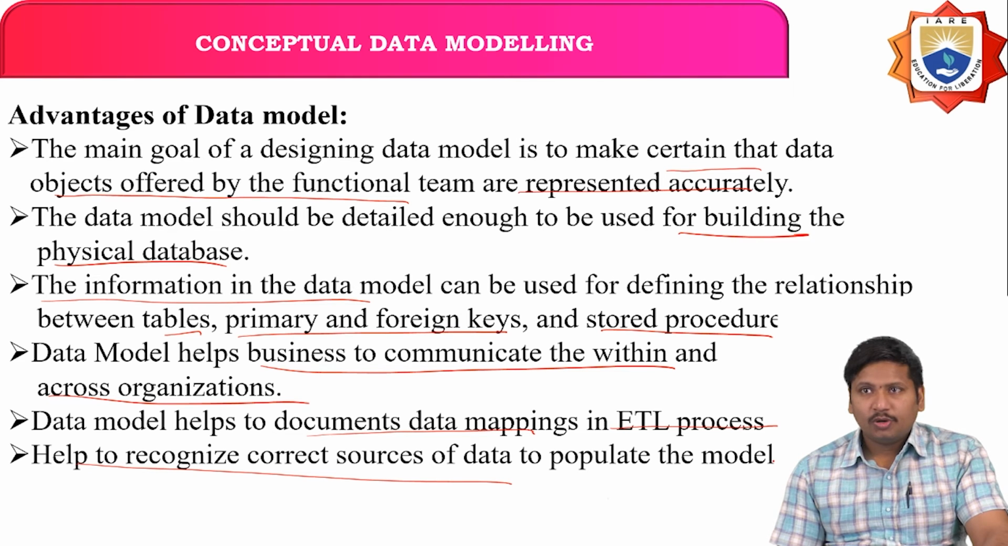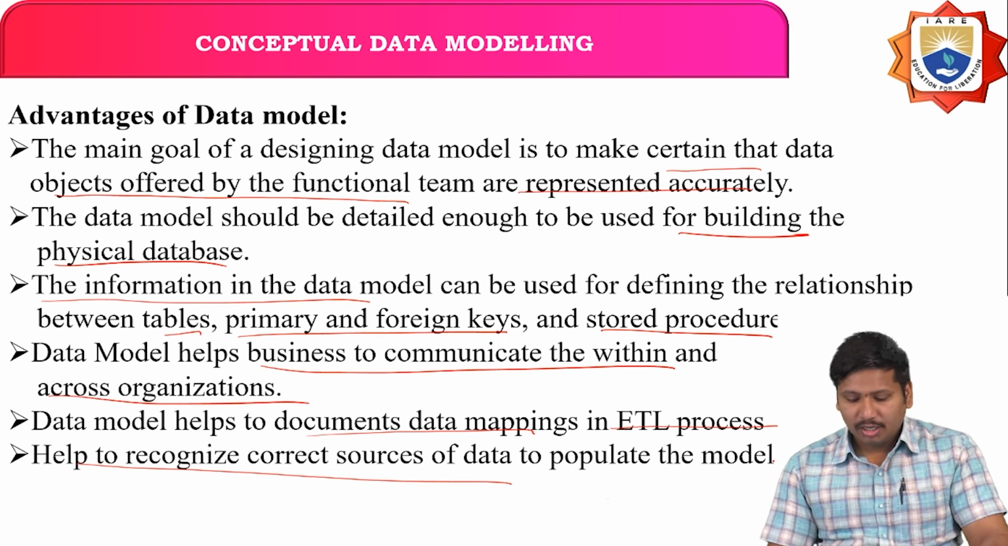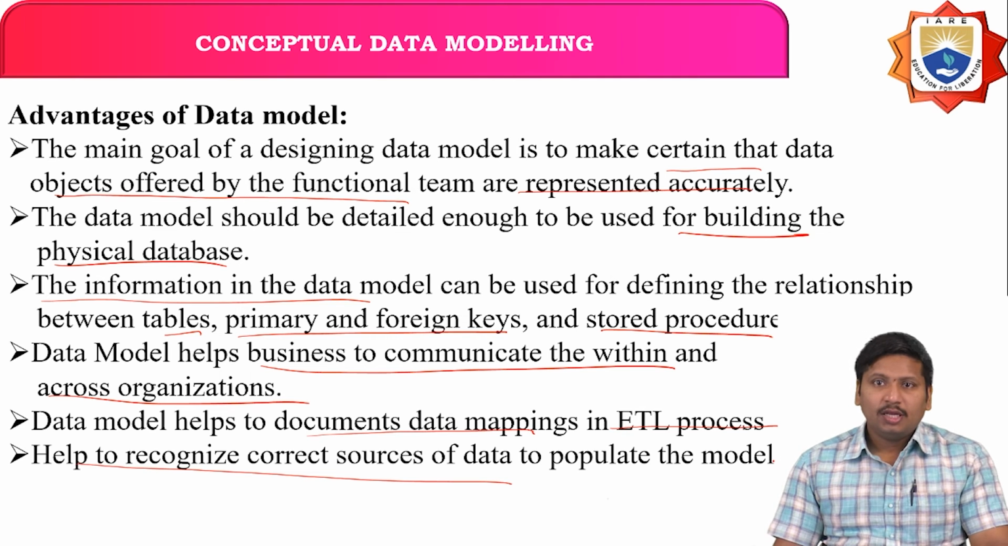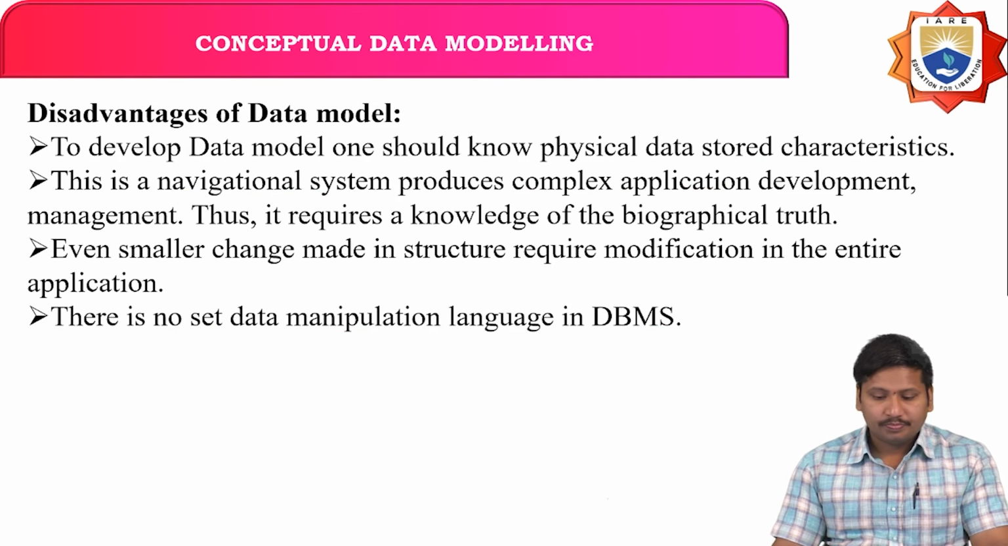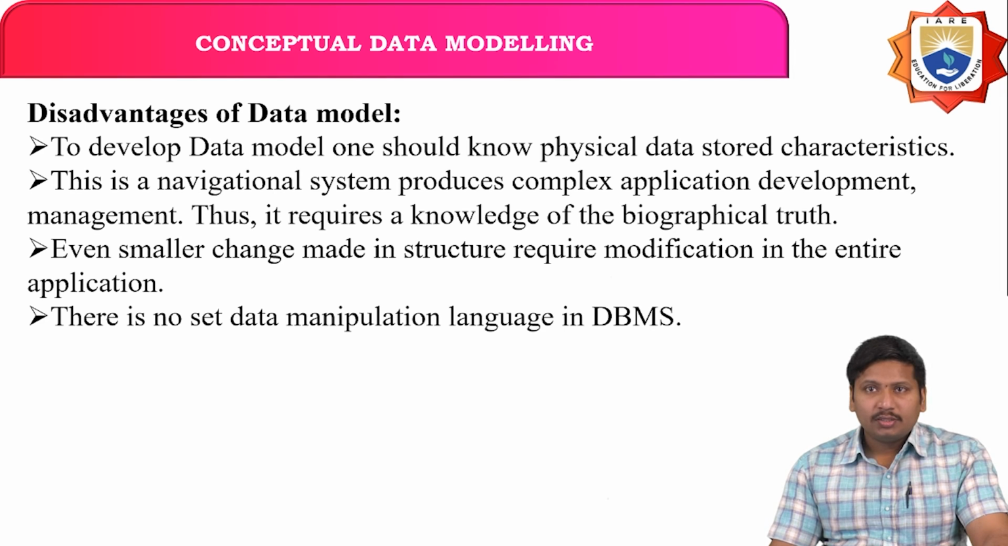So the main goal of this design model is to make certain that the objects offering the functionality are properly represented, and it is also used for building the physical database. It will also be used to establish relationships between the tables and what kind of keys it has, whether primary or foreign key, and stored procedures. The data model also helps business to communicate within and across the organizations, helps to document the data mapping in the ETL process, and helps to recognize the correct sources of data to populate the model. When it comes to disadvantages,